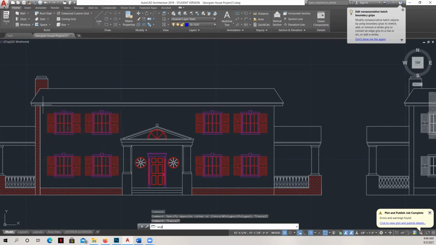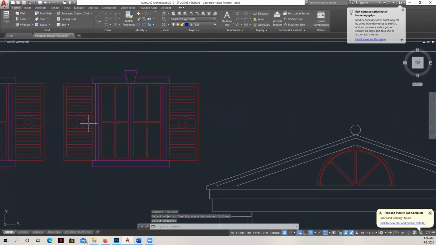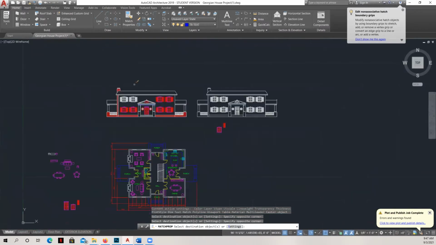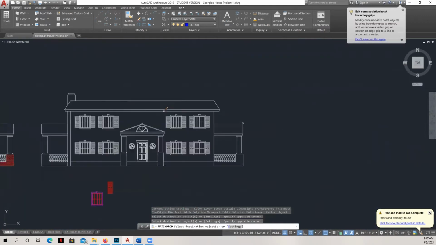But you're going to first type in explode, select objects, right click, and now they should be individual units like that. Perfect. And then you can go ahead and type your match properties. And you can grab one of these white lines here. We know that they're going to be nice and thin. And then you can just go ahead and change everything. So once you have everything exploded, and then all the lines have been turned white, you should have something that looks like this, and all the hatches removed, of course, too.